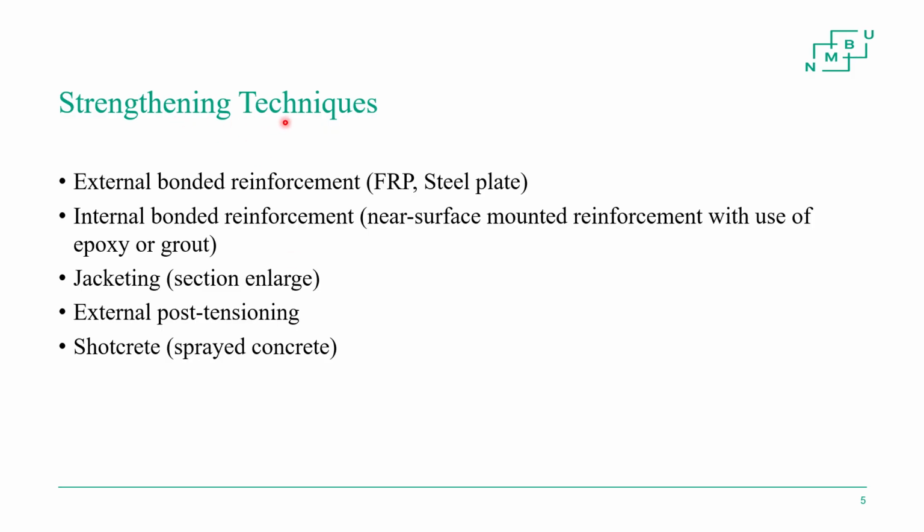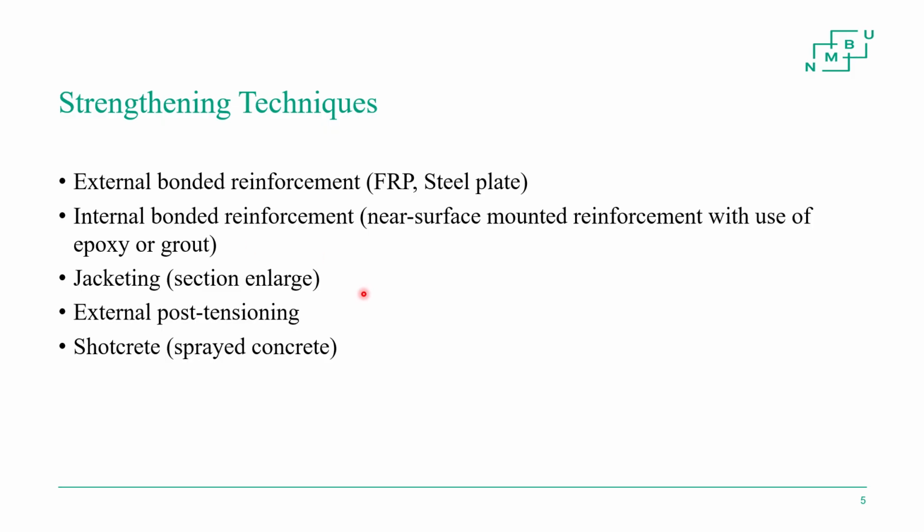The more common strengthening techniques that are used worldwide are, first, the externally bonded reinforcement. As a reinforcement, we can either use a steel plate or FRP. FRP stands for Fiber Reinforced Polymer, and there are many different types of FRPs, such as carbon, basalt and glass FRPs. We could also use internally bonded reinforcement. So this is near surface mount reinforcement with use of epoxy or grout in order to embed this